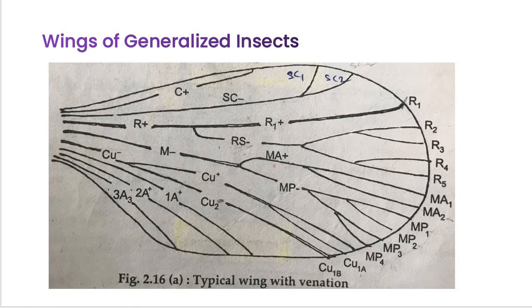Now here is the structure of the wing during post embryonic development. The insect developmental stages are pre-embryonic and post embryonic. Pre-embryonic means the embryo is present inside the egg and development takes place inside the egg. After that the eggs hatch, and hatchlings come out and show development, which is called post embryonic development. Okay, now what is my point?